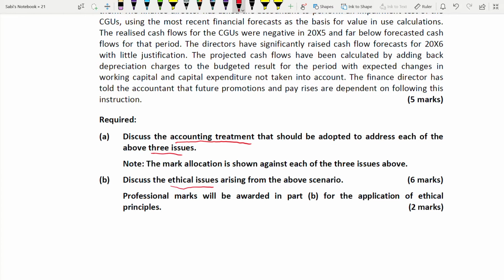One is known as the accounting issues, the other one is ethical issues. For accounting issues, you have to use the standards and tell the rule, that as per the rule, this is the way you have to recognize or measure or derecognize. If it's an ethical issue, you have to use your 5 ethical codes of conduct: professional competence and due care, professional behavior, confidentiality, integrity, objectivity. Link this with the case study and see which of those 5 are breached and what actions an accountant has to take. This is the way you follow ethical answers. First, always start by writing the accounting issues. Ethical questions should always be attempted at the end.